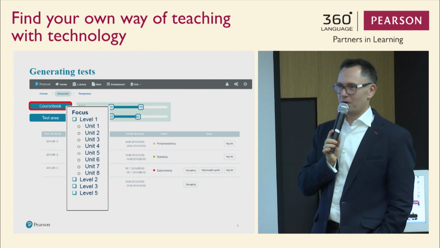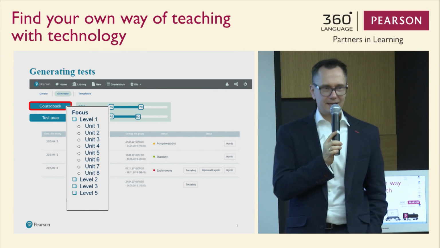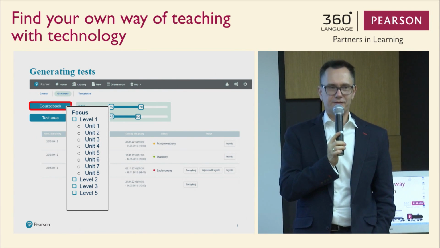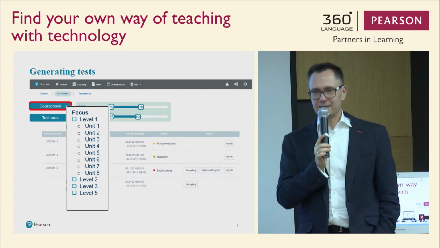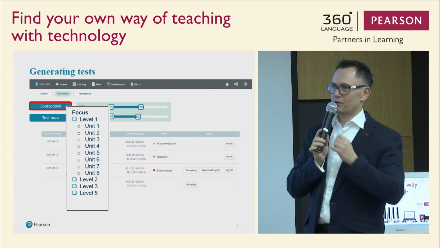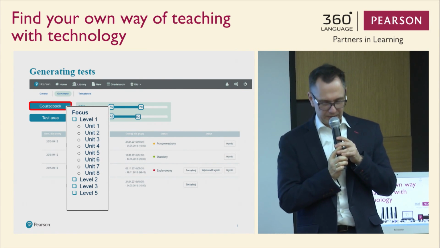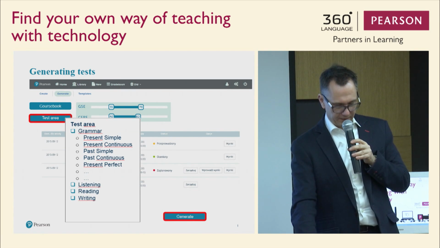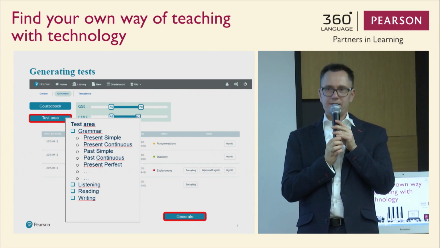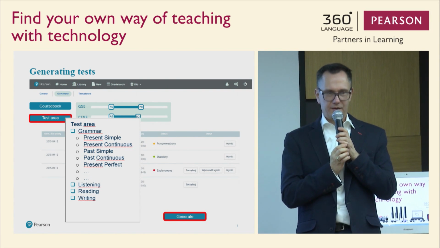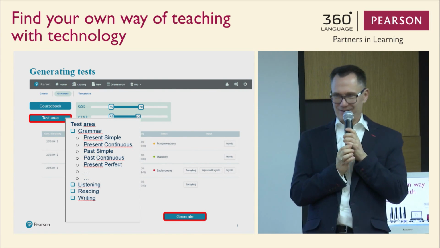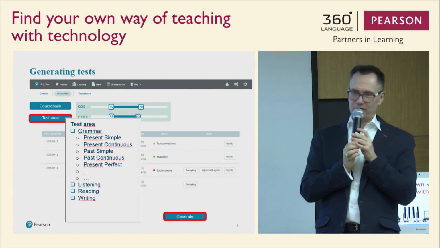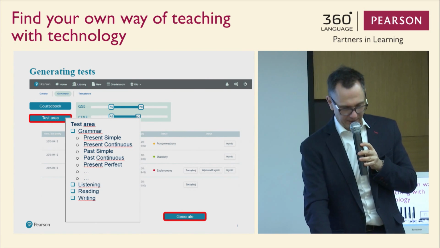So if you are teaching from Focus or another course book that is a Pearson title, you can go into the test generator when it is ready, of course, because it isn't ready yet. And then say, okay, I'm teaching from this course book. I am now working with my students on level 1 and, for example, unit 2. So that will be your first criterion. And then you can say, okay, and the area that I want to test is actually grammar. Oh, we like testing grammar, don't we? Of course. So I want my students to show that they can distinguish between present simple and present continuous. So you click on these two tenses and you go further.